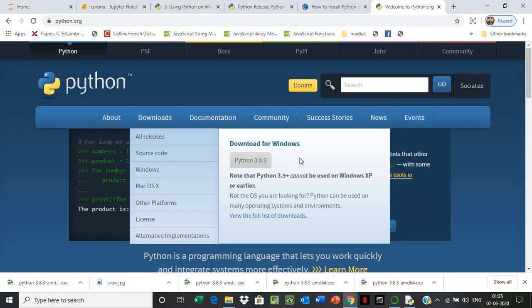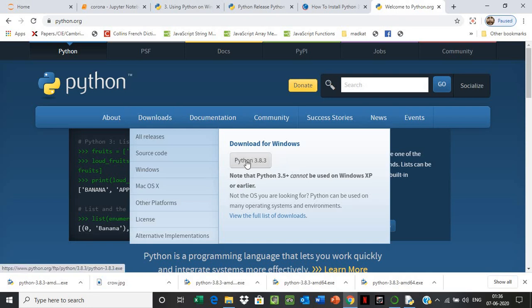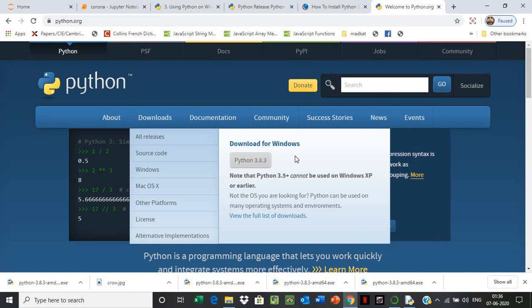Python 2 is the older version, and I will suggest if your machine is old and the operating system is not upgraded, then you can go easy with Python 2. And if you want to install Python 3 on your machine, then you can go ahead. Probably your machine is relatively new and you have an upgraded system.